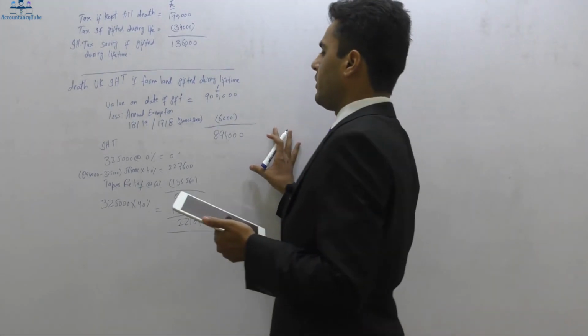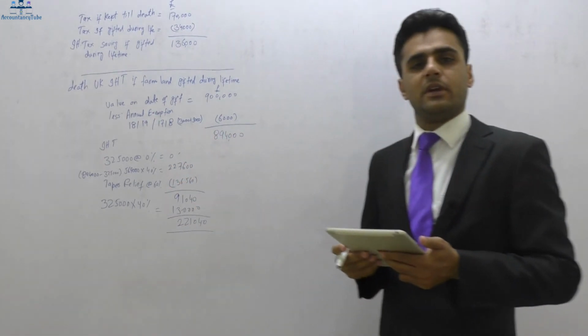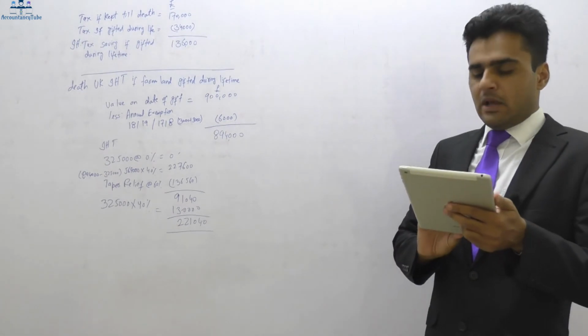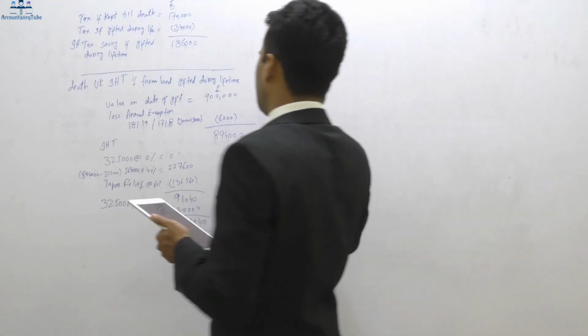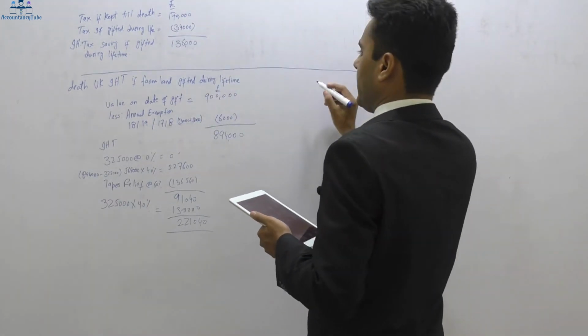Now, if this amount is not given during our lifetime, it would be part of the death estate. Now, if it is part of the death estate, what would be the tax on that? Now we'll have to see